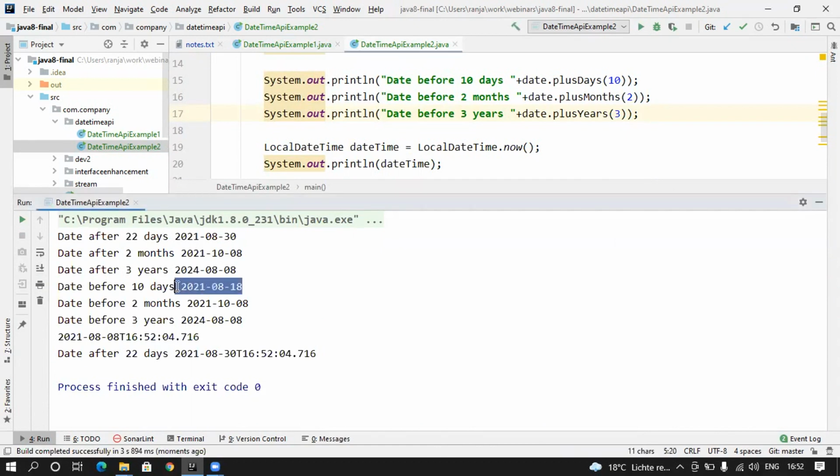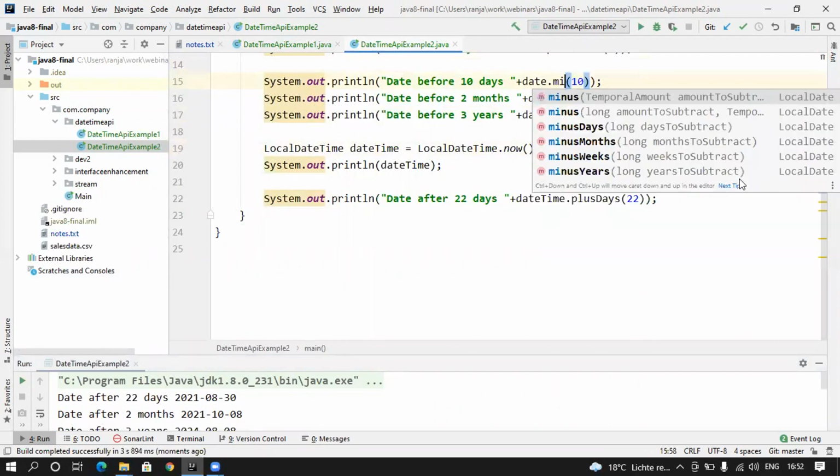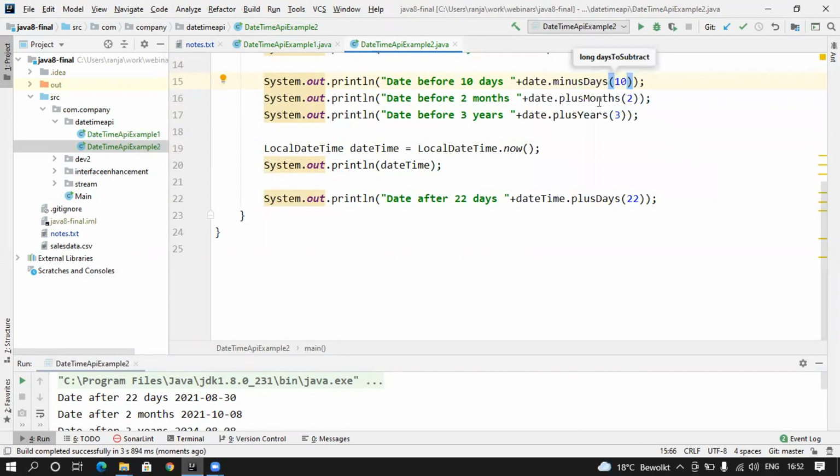So before 10 days, it was... sorry, we did not use the proper method here. It should not be plus, it should be minus days, minus days. Similarly, you can replace this with minus months, minus years. And if you run it now,